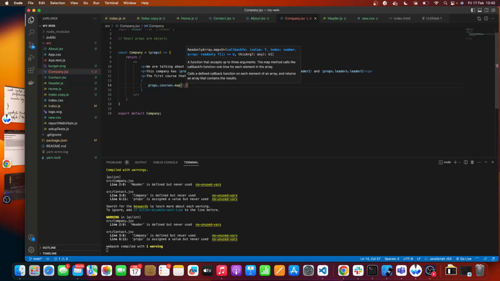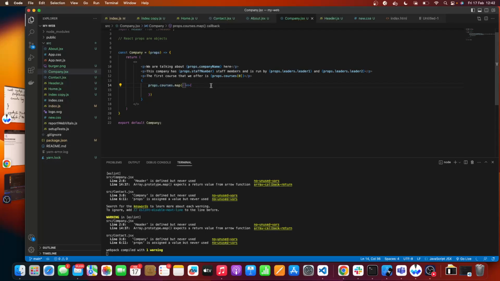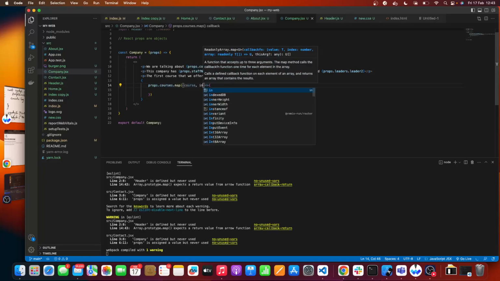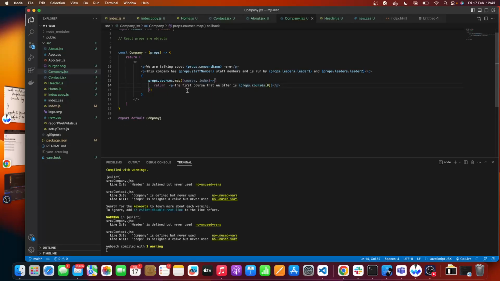It takes in a function as an argument. It takes in each of the array elements one by one. We can call it course. It also takes in an index as an argument, 2 arguments, the element and its index. Then you could come back here and say this function should return this JSX. And you say our courses are